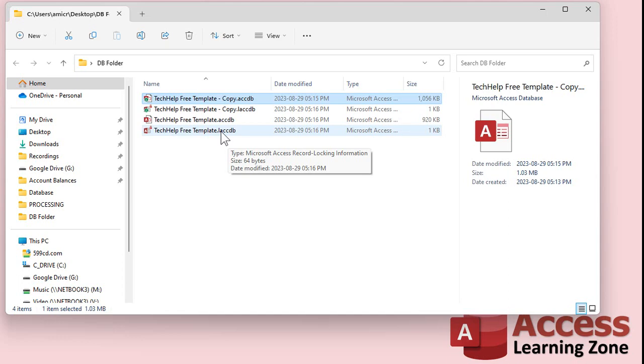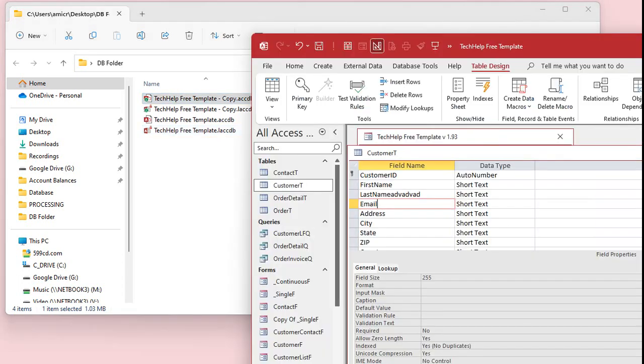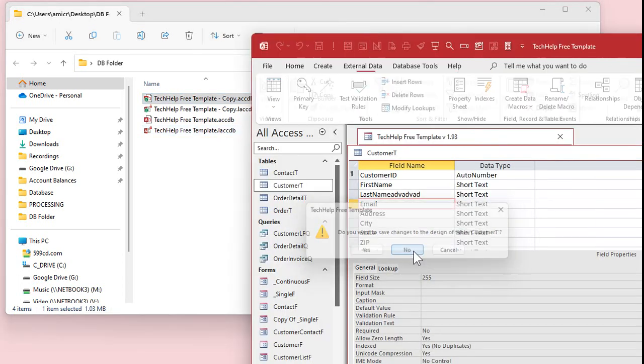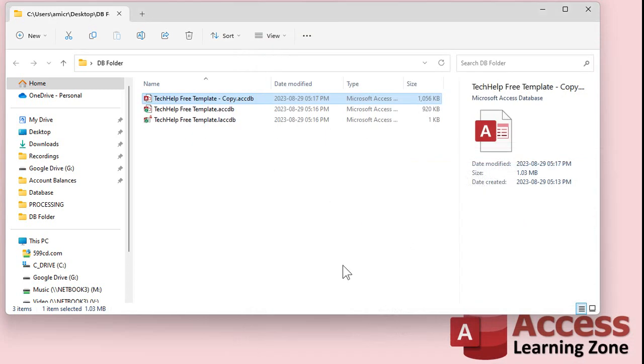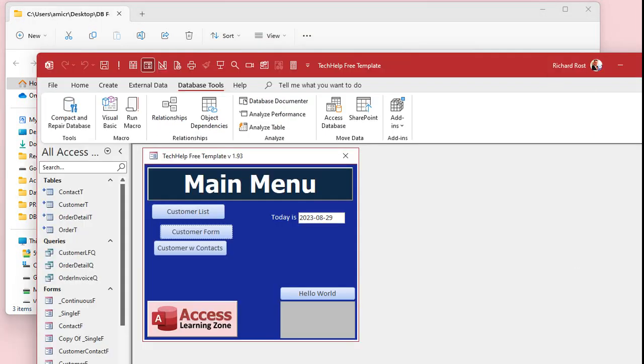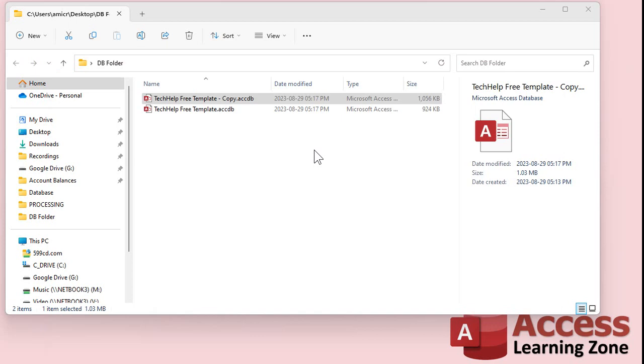Usually when you close the database, that file goes away. So if I come over here and close the database, save changes, no. That file, see, it went away. If I close the front end that I've got, usually it goes away. Now, it doesn't always go away. Sometimes, for example, if someone's computer locks up or if Access freezes, that file is left there. So you can manually delete that if you want to. Again, make sure no one else is in the database before you do that, but it's safe to delete